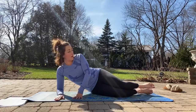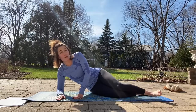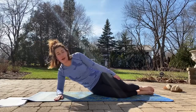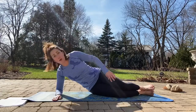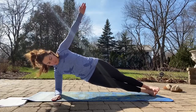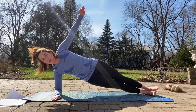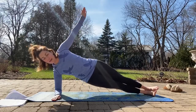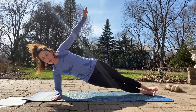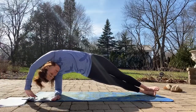Forearm is down for this side plank. Remember, your feet can be stacked or split. You can also do a plank from your knees if you want, or you can go full up for a side plank. We're holding for 6, 5, 4, 3, 2, 1, hip dip, 6, 5, 4, 3, 2, 1, and big reach over